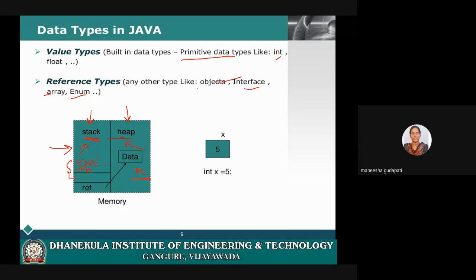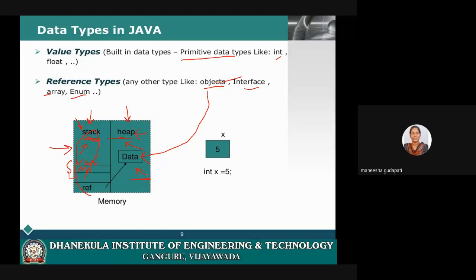So in Java, objects and whatever variables are created using dynamic memory allocation will be stored in heap memory. Got it? In heap, you will have all dynamic data, whereas in stack, you will have the static data or local variables.